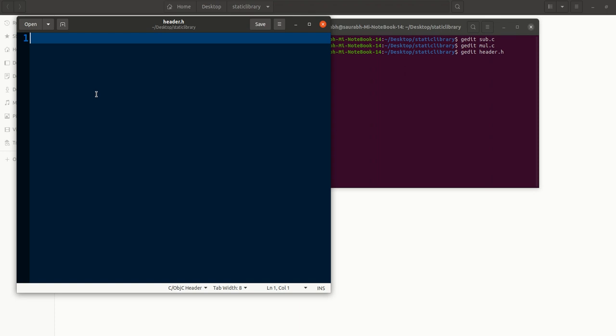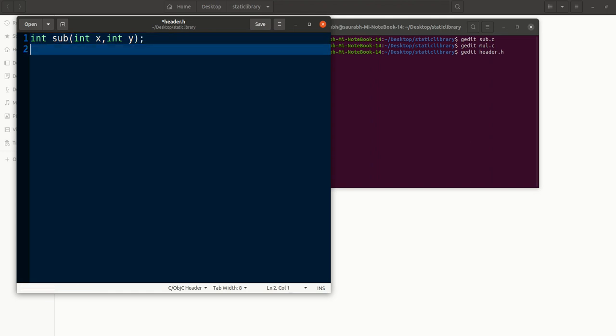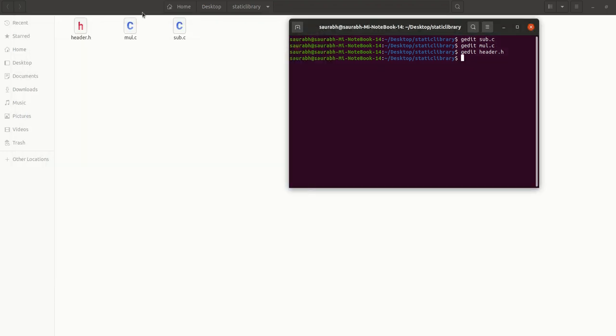Since we are talking about the functions here, we will be writing the declaration part. int sub, the function name is sub, int x comma int y, and since it is a declaration it will end with a semicolon. The second function was multiplication, int mul, int x comma int y, ending with a semicolon. That's it. That is a header file, nothing much.